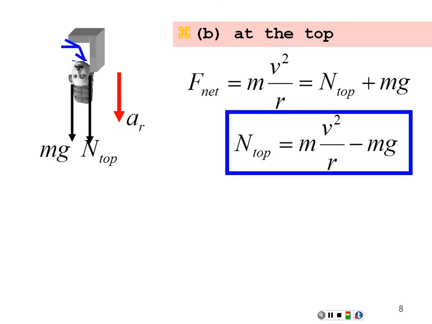NASA employs this technique in the airplane that they call the KC-135. The KC-135 is a reinforced plane. It's a regular plane, but it's got extra metal and rivets on the side to allow it to take extra stress. And it goes through these parabolas. And as it's going up through the top of a parabola for about 20 seconds, it achieves basically zero gravity, or, well, the semblance of zero gravity.